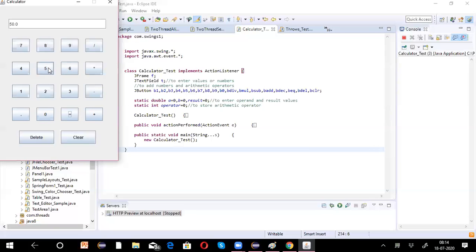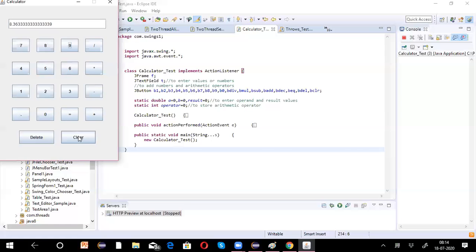Yeah. 5 multiplied by 5, which is equal to 25. 9 divided by 3, which is equal to, it is giving 8.3. Okay, what will you get when you divide by 3?